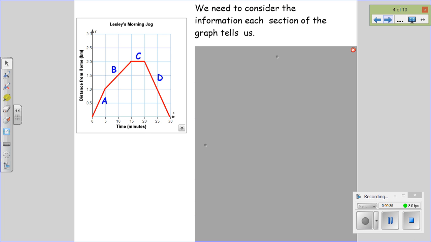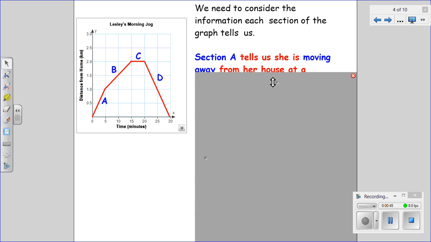We also need to look at the information each section of the graph tells us. So there are 4 distinct motions here. So I labeled them A, B, C, and D. And section A tells us she's moving away from her house at a constant speed. We know it's away because the distance is increasing, and we know the speed is constant because it's a straight